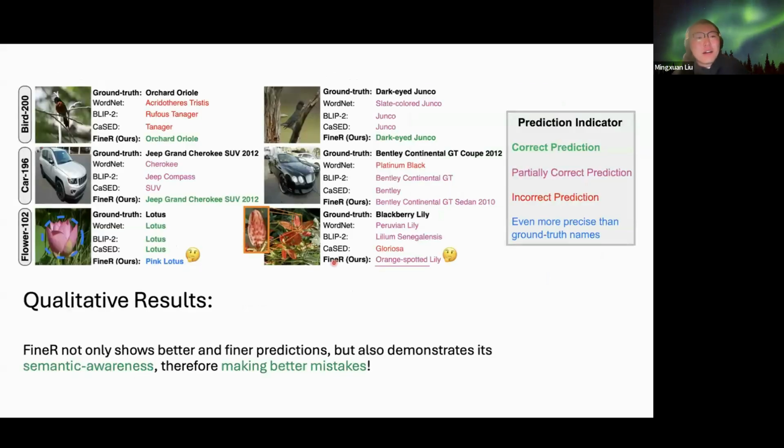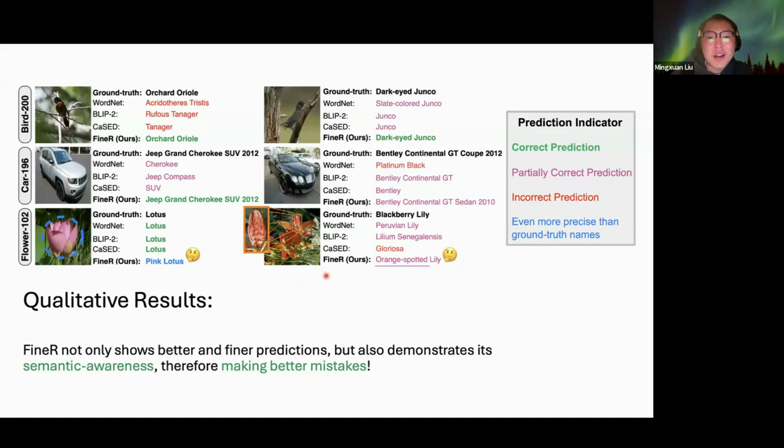And there are some qualitative results, as we can see here. Our system is attribute based, so there is one failure case that is very interesting. The ground truth for this image is actually blackberry lily, and our system wrongly predicted the name as orange spotted lily. But if we observe and have a look at this image, it is a wrong answer, but actually it's not that wrong, because we are an attribute based system,